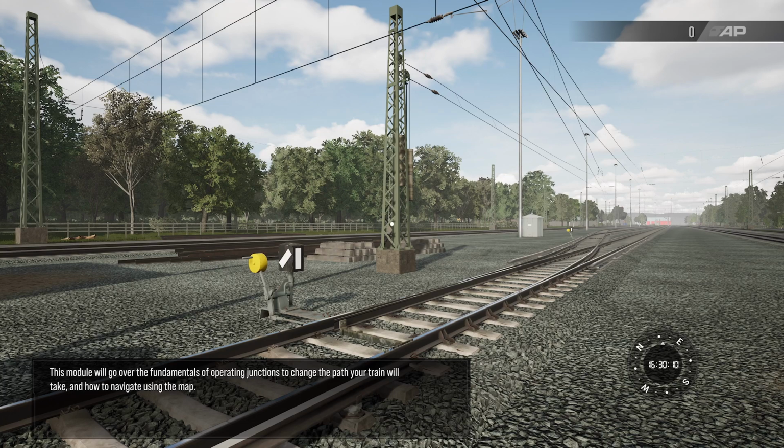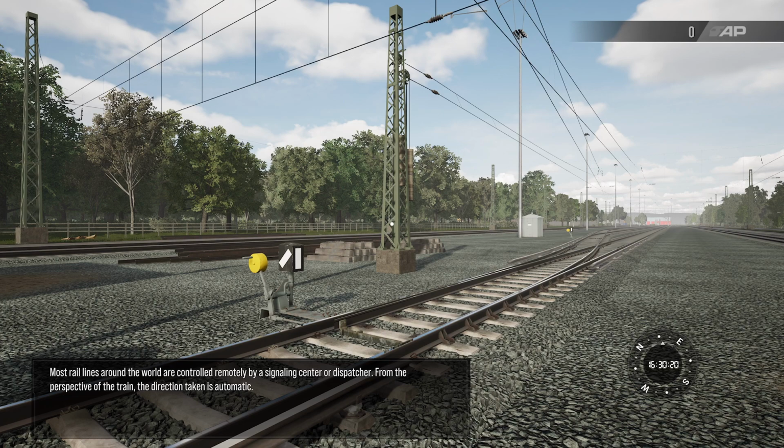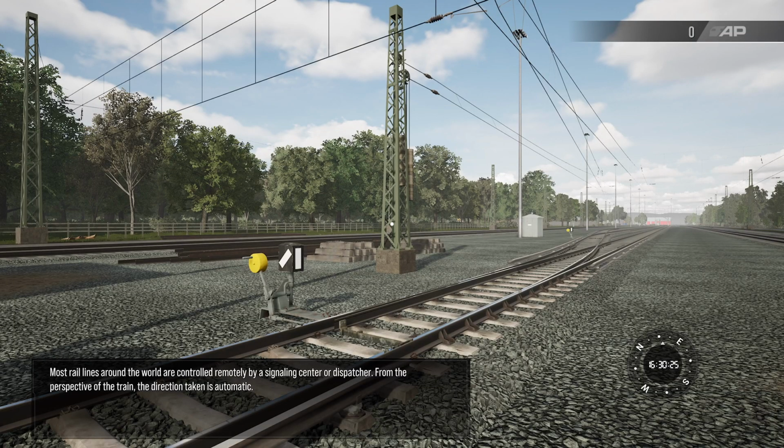This module will go over the fundamentals of operating junctions to change the path your train will take, and how to navigate using the map. Most rail lines around the world are controlled remotely by a signaling center or dispatcher. From the perspective of the train,